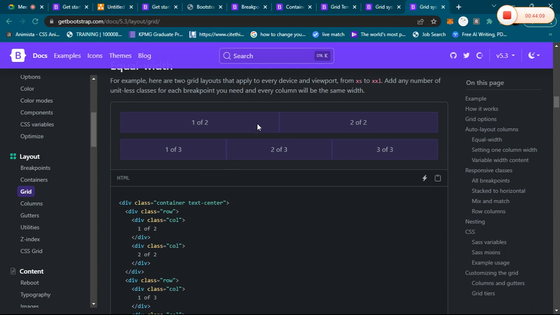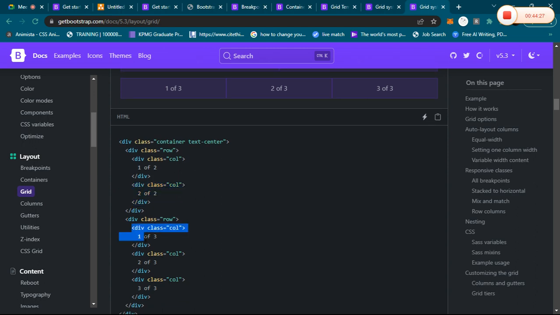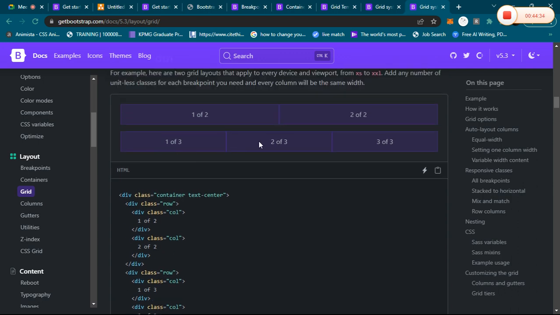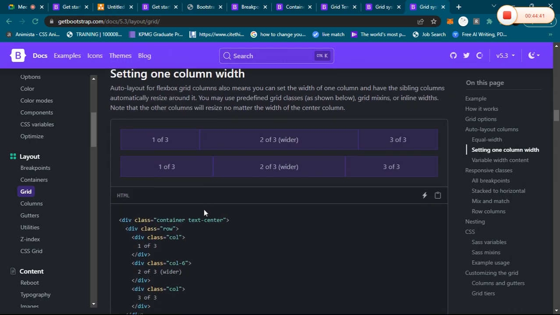So because I didn't specify any size of my column and they added only 2 columns to this row, that's the reason why you see that it is evenly divided as 6 6. Then if you come down here, they added 3 columns to this row, 1 2 3. It was evenly divided as 4 4. But if you come to this example here,